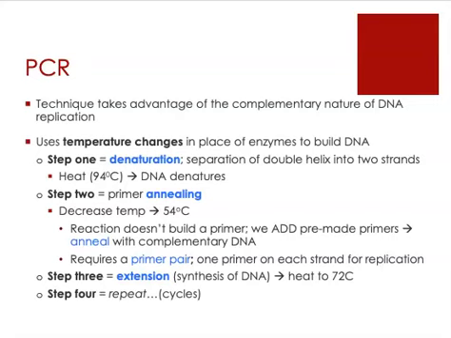Step 2 is called primer annealing. And in this step, we bring the temperature back down. It's still going to be pretty warm in there. It's going to be about 54 degrees centigrade. But this is a temperature that's going to allow pre-formed, pre-made primers to simply anneal with or bind with the